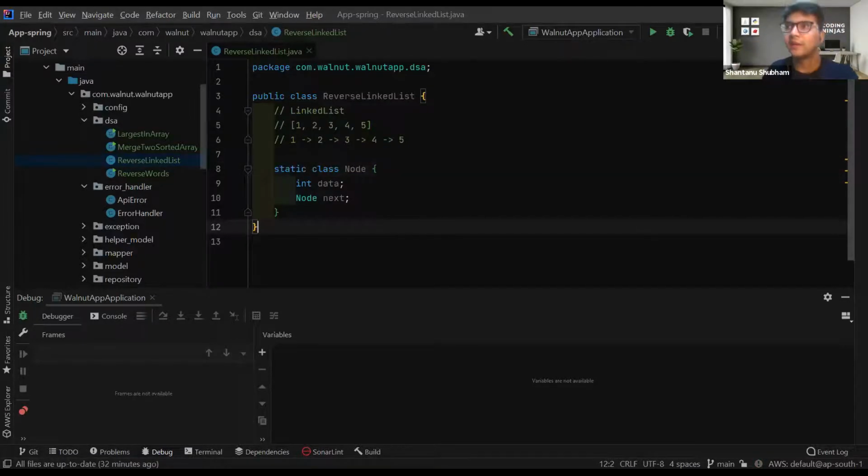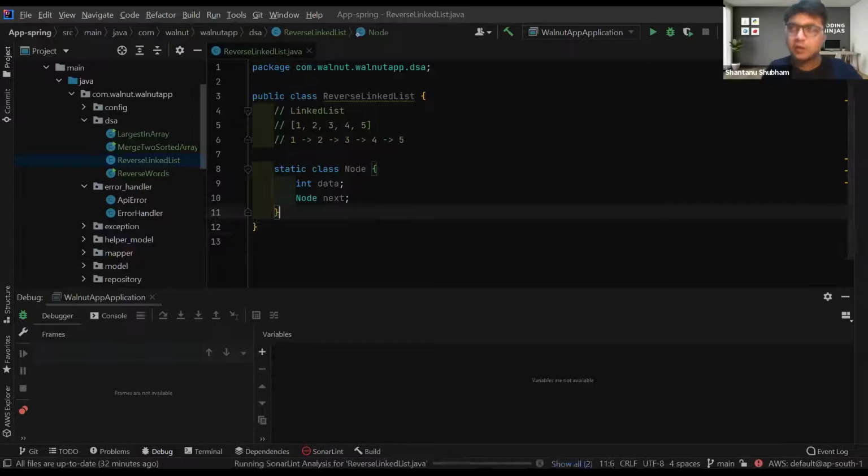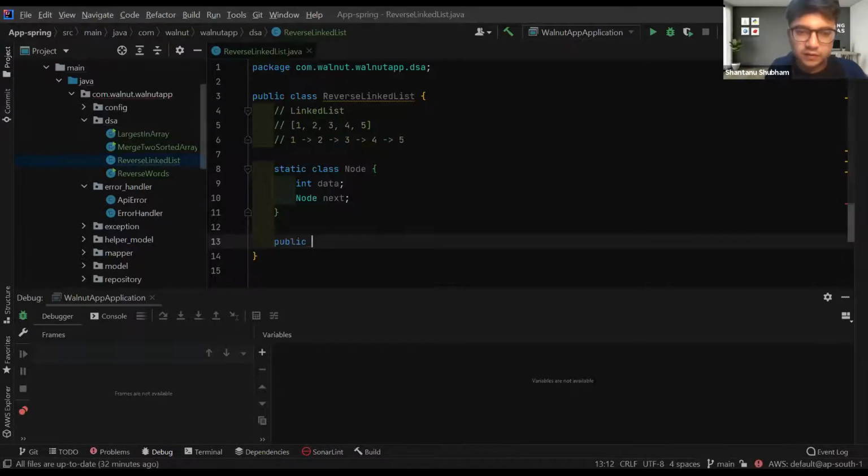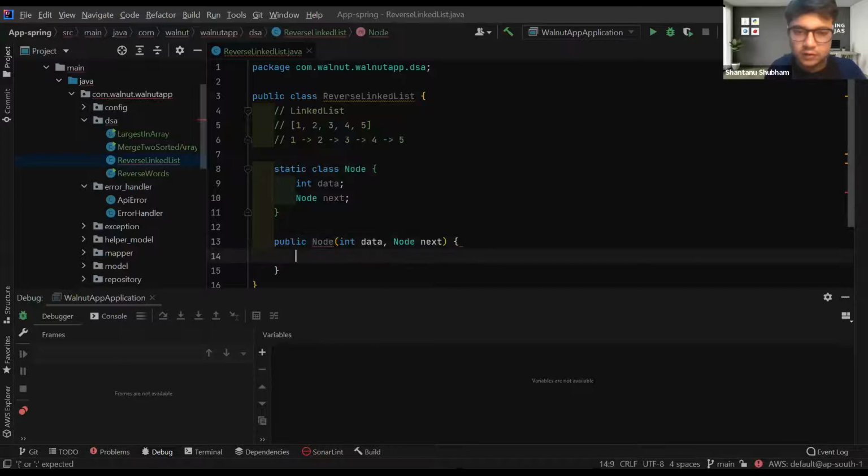Okay, so let's move ahead. This is our node class. Let me just create a constructor for it. Public Node(int data, Node next). Then the constructor will be something like data is equals to this dot